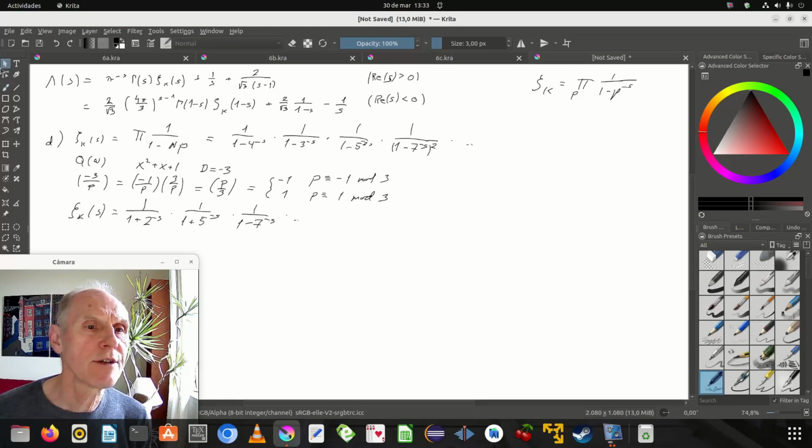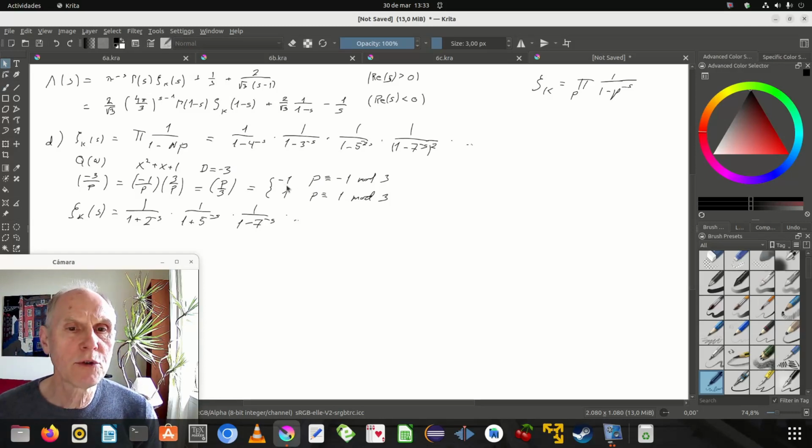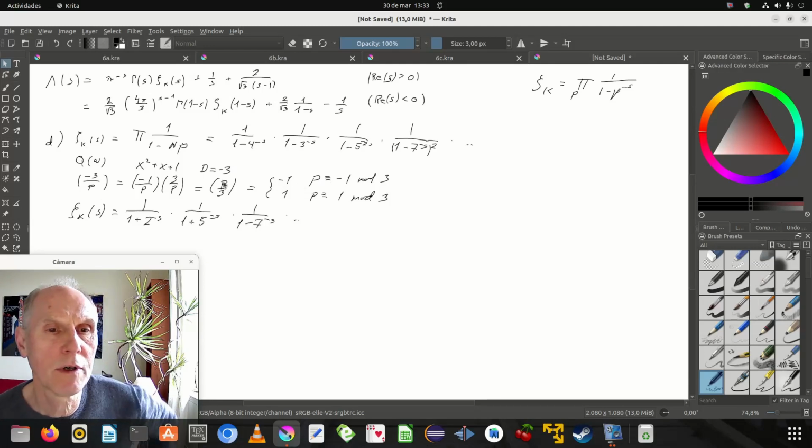And you can see the system now. If the prime is equivalent to 1 modulo 3, or we rather just get this symbol,